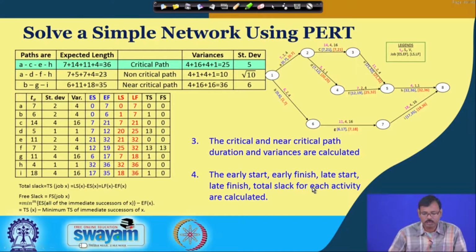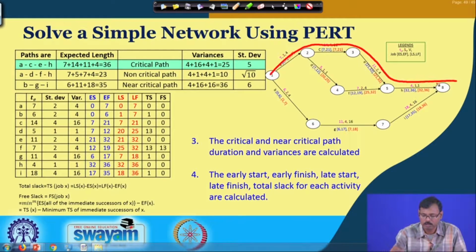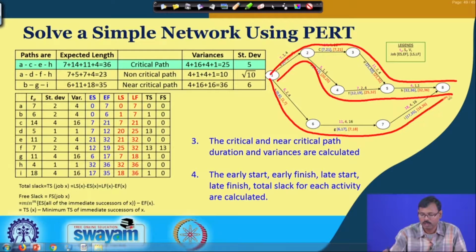Now, next is that we have to find out the critical path and near critical path. So, let us find out how many paths are there. We have one path, another path, and a third path. All these three paths are there. ACEH is having the critical length, where we mathematically summed up